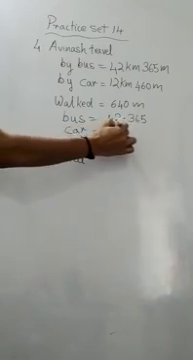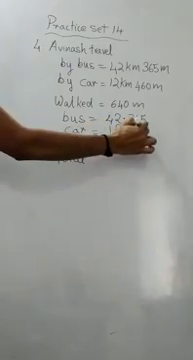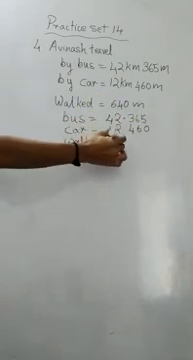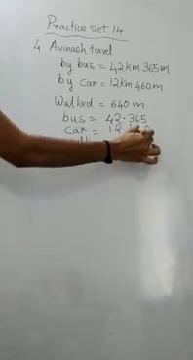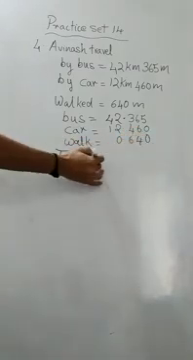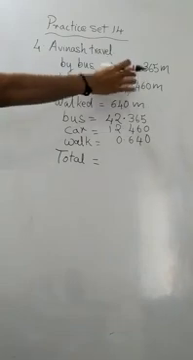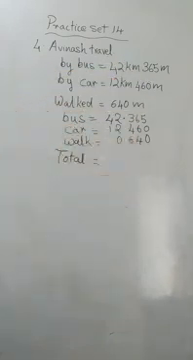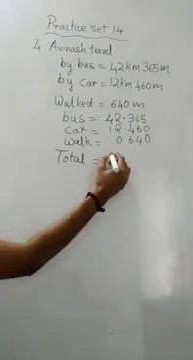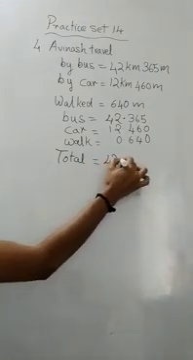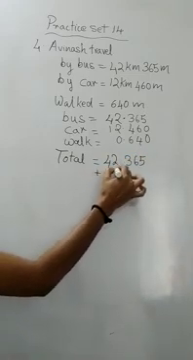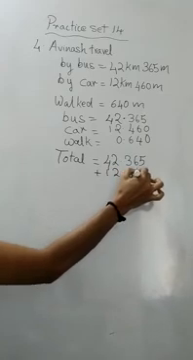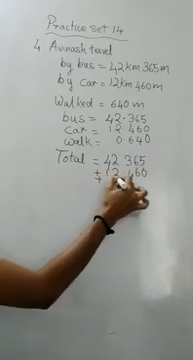Same way you can write this as 12.460, and walking distance you can write as 0.640. Now you are going to find the total. So we have converted all these distances into decimal fractions. Okay, now let us find the total. That means you will arrange them vertically. Okay, plus 12.460 plus